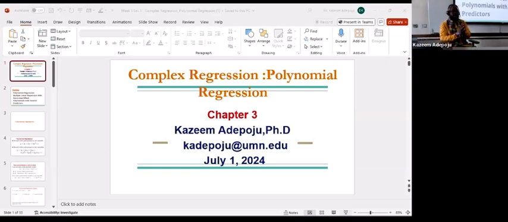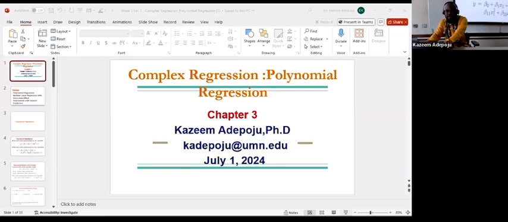So in the outline, I'm going to walk you through polynomial regression again, then multiple linear regression with non-linear effects. And finally, talk about polynomial with several predictors. So let's get started. Let's start with the polynomial regression. Okay, now when you take a look at the first one